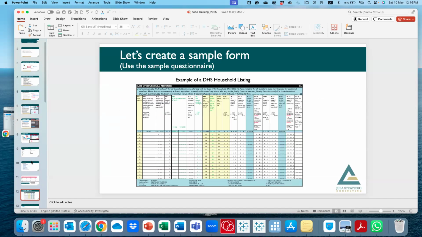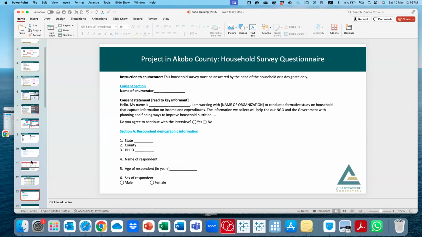Then we started looking at building sample questions, projects with questions, specifically looking at how we implement the different functionality of KoBo. This is like taking an example of a project in a KoBo account.